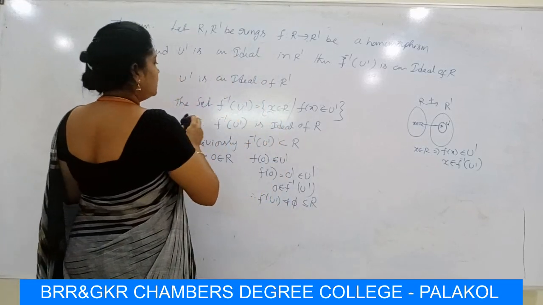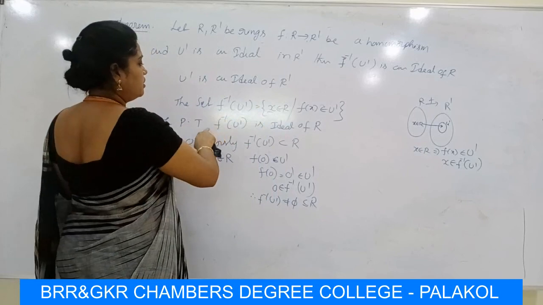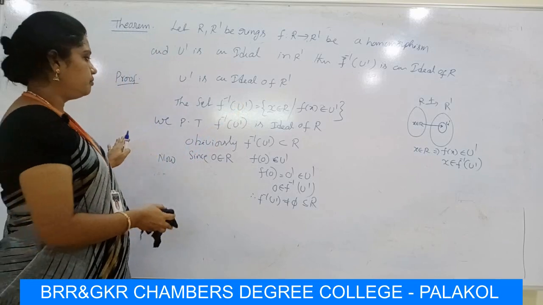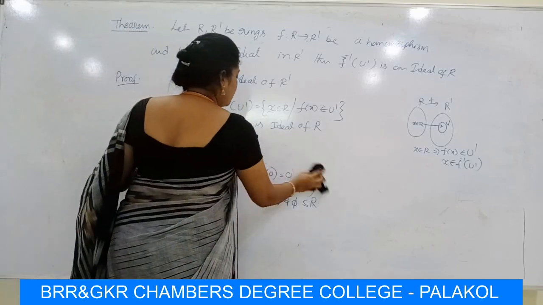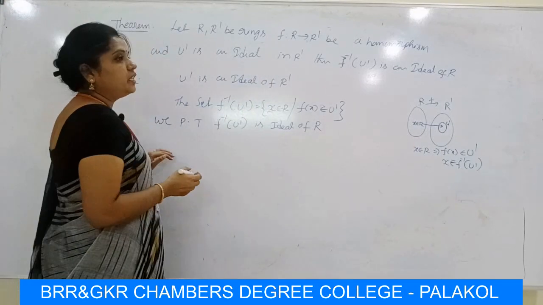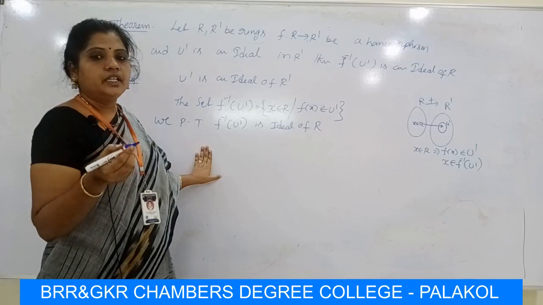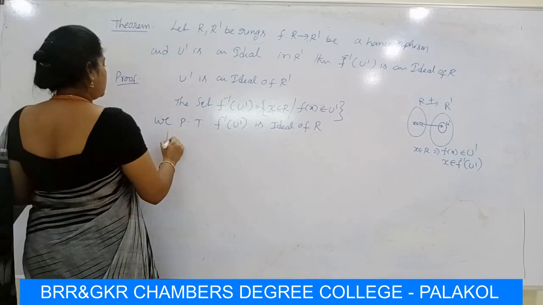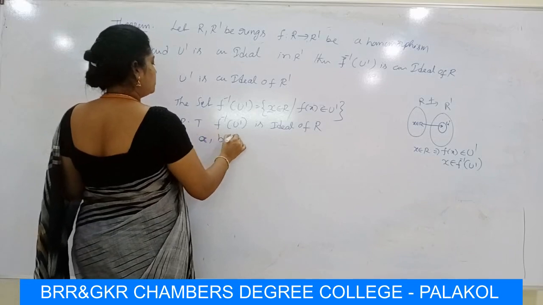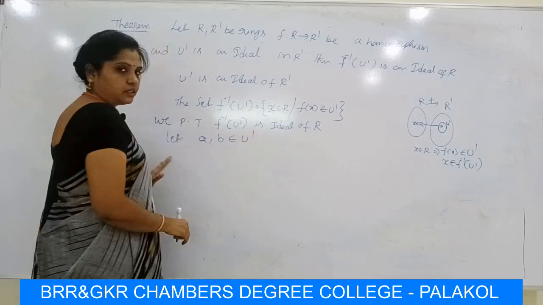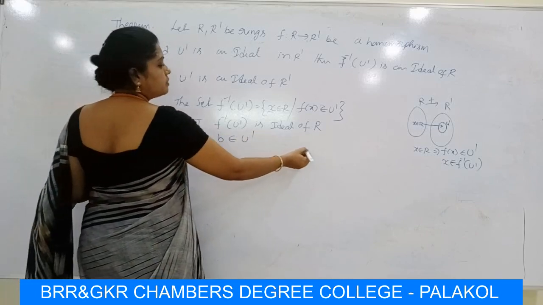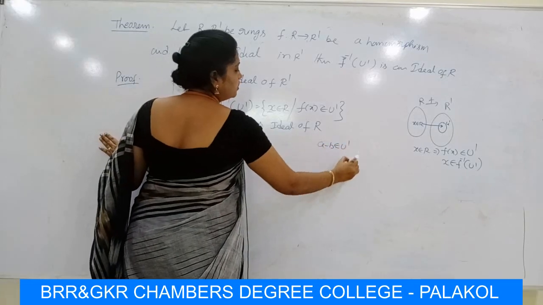Now we prove that the ideal conditions are true in F inverse U dash, then it will be an ideal. Now the first condition of an ideal is that if we take any two elements A, B belongs to U, then A minus B belongs to U. Let A, B belongs to U dash. Then we have to prove A minus B also belongs to